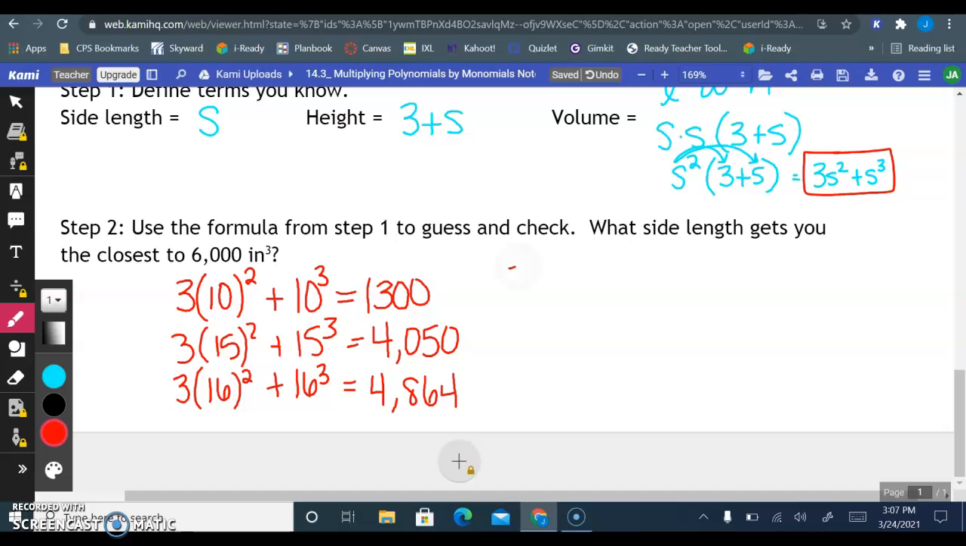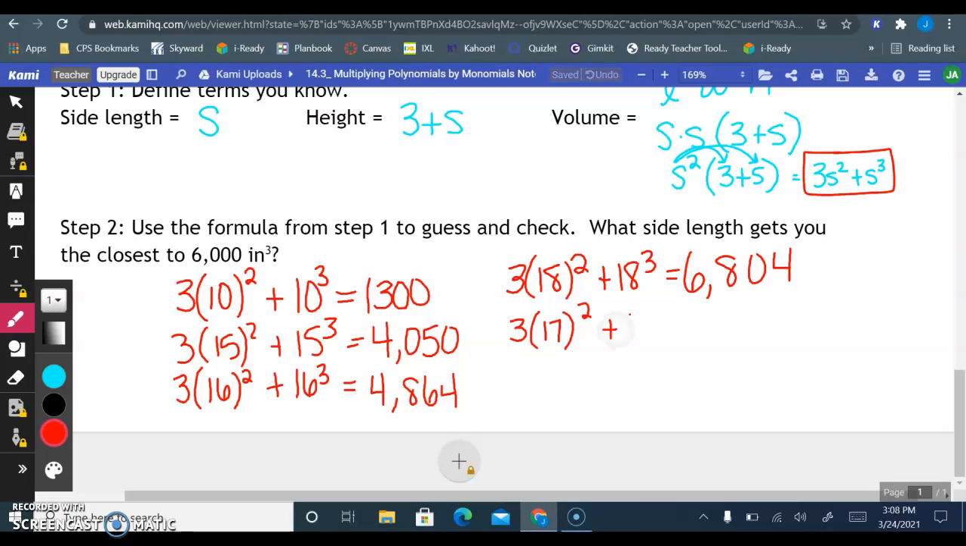So maybe I need to go up by 2 more. Let's try 18. So I'm going to do 3 times 18 squared plus 18 to the third power. That is 6,804. So it looks like I went too many. So now let's go back to 17. That is